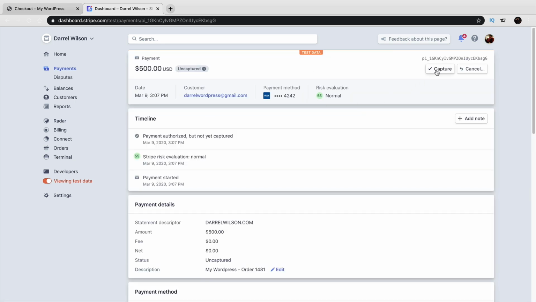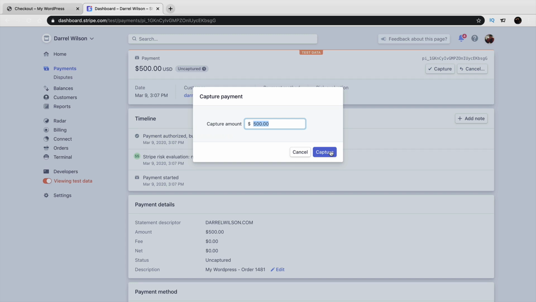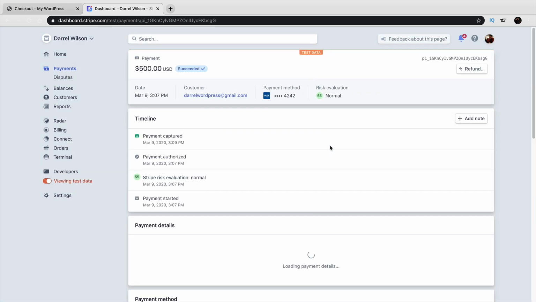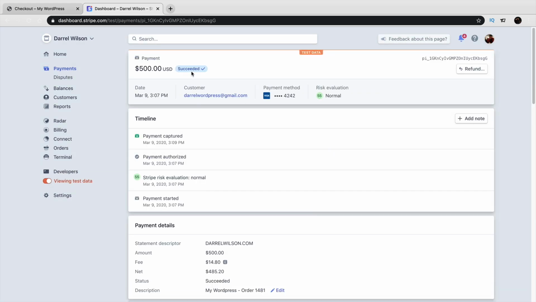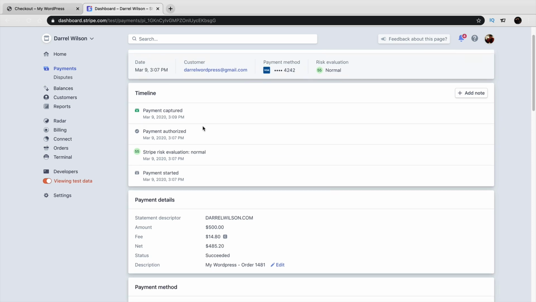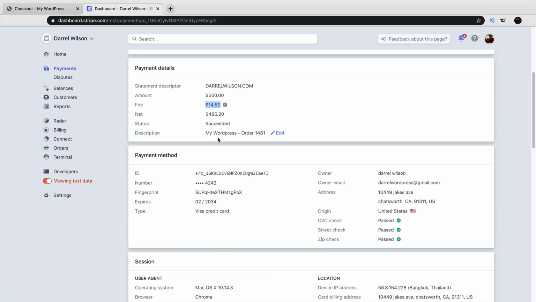And then I want to go ahead and capture that payment and click on capture. All right, and then that's it. It succeeded. Now this is precautionary in your account; you don't have to have it. And right here, you can see that $500 was only charged $14.80, and the net profit is